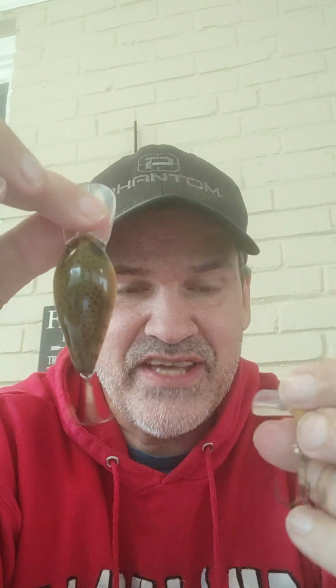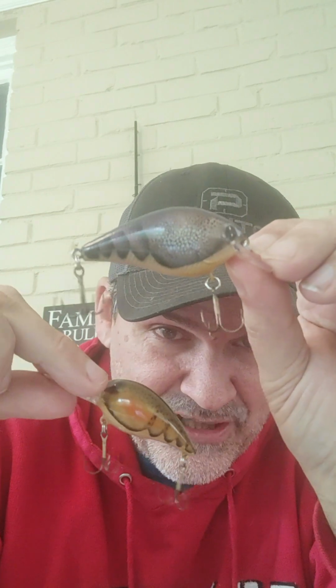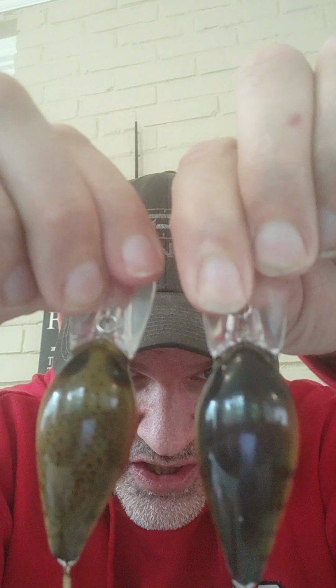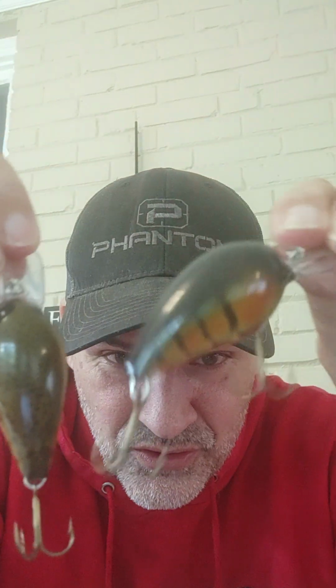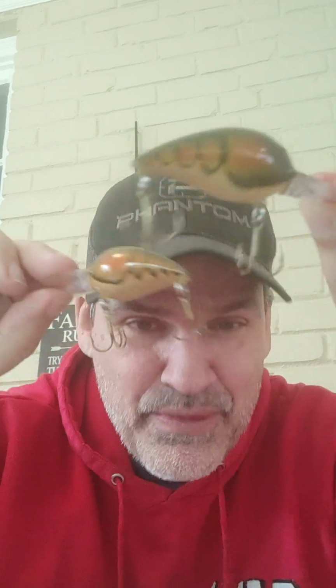And this is going to have a tidal wobble like this. This is going to be a little bit different. But these are the coloration patterns that I like, okay? Because they actually mirror what our craw actually look like. Here's another one with a little darker tone. You can kind of see the difference here. A little darker top, a little brown, a little bit more orange. Little bottom coloration's a little different, but very similar to mimic our actual crawfish as opposed to something like this,